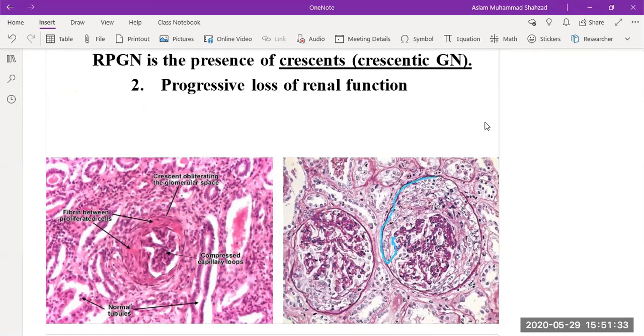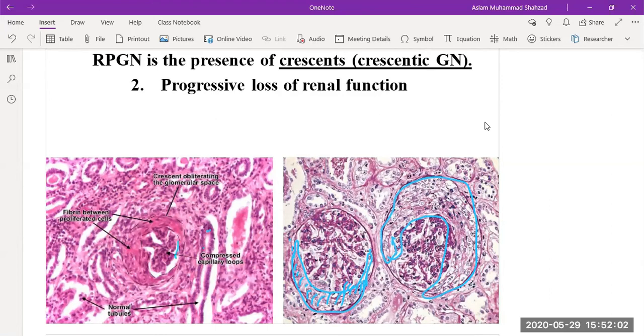If you take a look at this drawing, you follow my drawing, you can find this structure has a moon-like appearance. Or if you take a look at this picture, you will find the presence of a moon-like appearance. That is why they mention the crescent appearance. And actually, the crescent that is showing in this picture on the right side also represents the presence of fibrin.